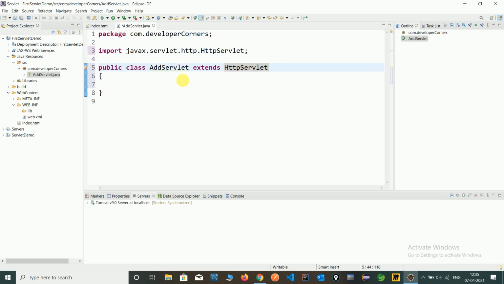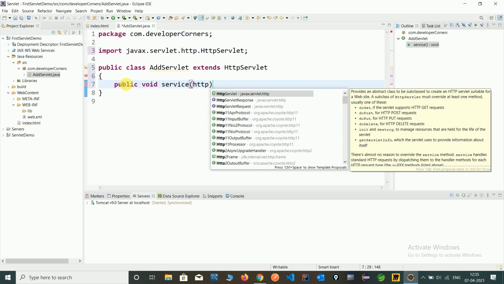This will configure it as a servlet, and in that you have to use the service method, and create the HttpServletRequest and HttpServletResponse parameters.